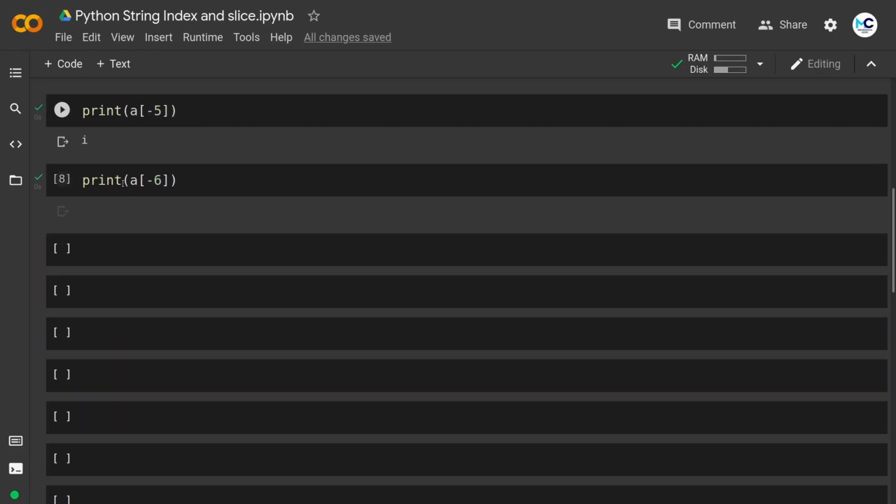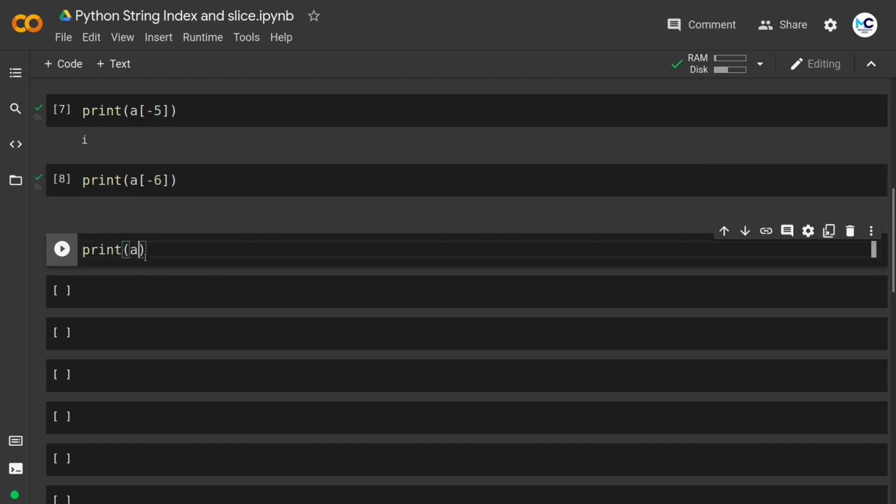Now let's move to string slicing. Slicing is all about making small pieces from a string. If I only print Python from the string, that is also called string slicing. Let's take some examples of string slicing. To make a slice from any string in Python, I have to pass starting and ending index values in the square brackets. Let me show you how.